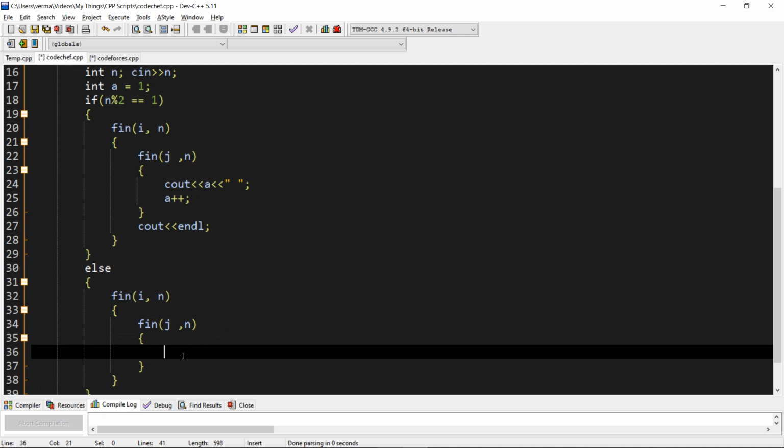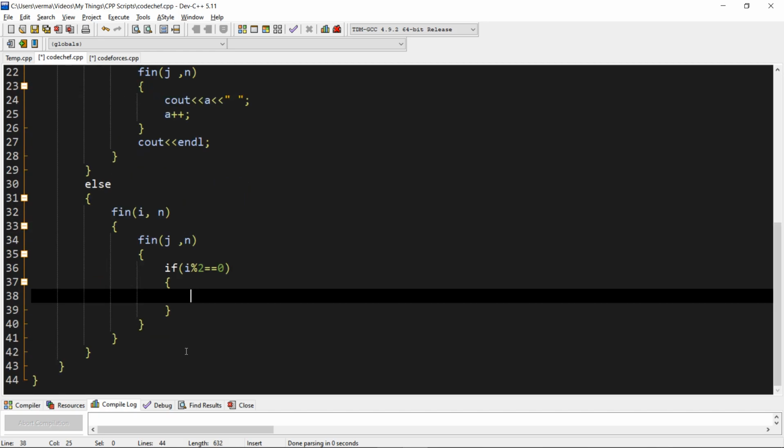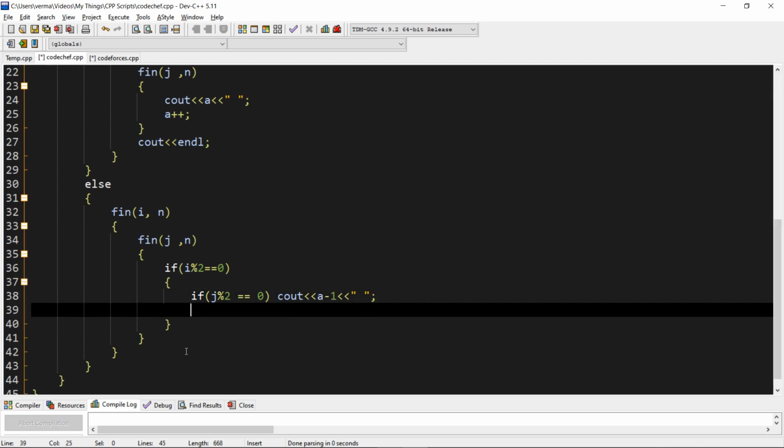These are two nested for loops. Now we have to make changes in even rows, so if i is even, that is if i modulo 2 is 0, then if j is even, we will print a minus 1. And if j is odd, then we will add 1 to a.